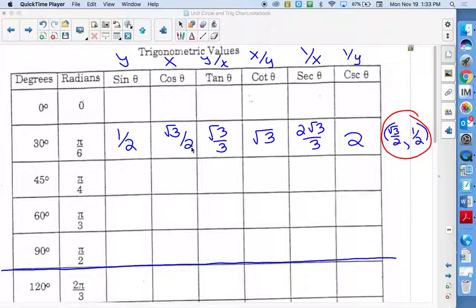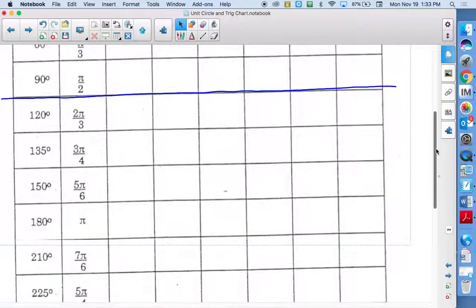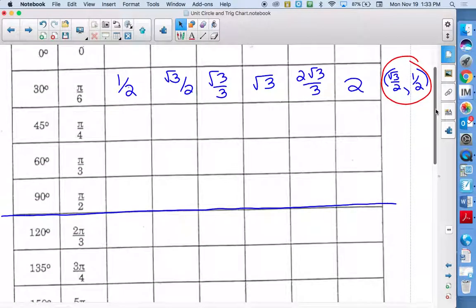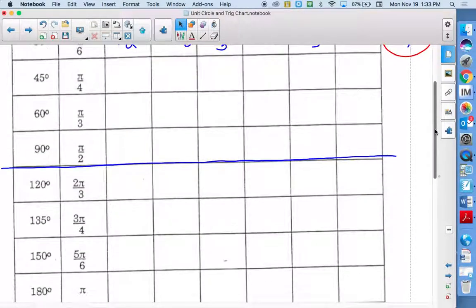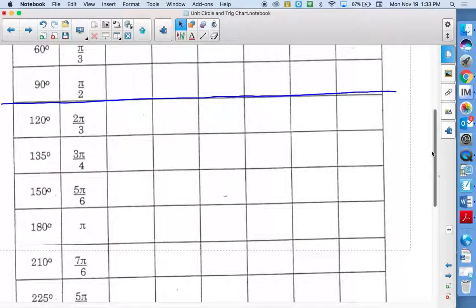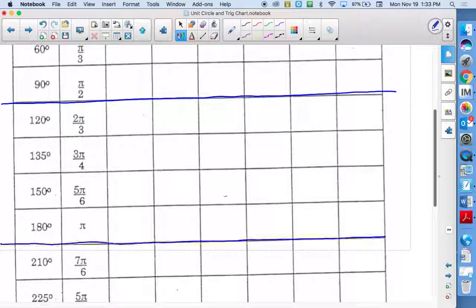So then, if you know a 30-degree angle has all of these values, and that 30-degree angle is pi over 6, you can then take those values and translate them into the next quadrant. Any pi over 6 angle, as you go down your chart, should have the exact same values, except if it's in a different quadrant, you have to take into account that the second quadrant has different plus and minus values assigned to the x